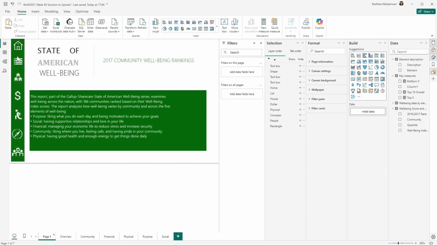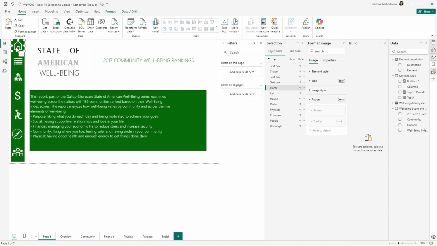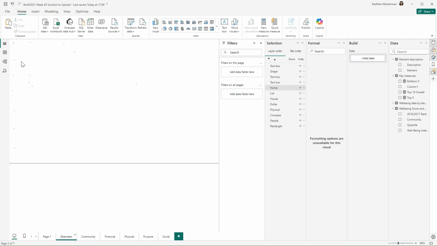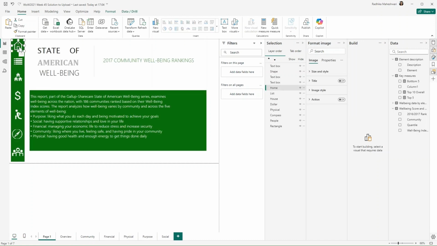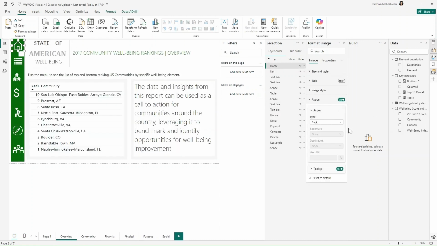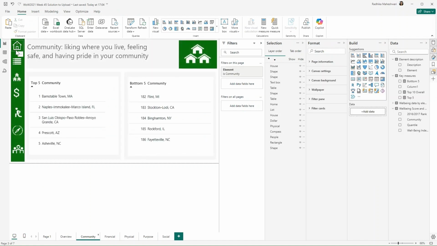Now what I will do is I will just copy this on the rest of the slides as well so that we have seamless navigation from these points as well. We have not set up navigation for this one, so let's do that quickly first. Copy this.